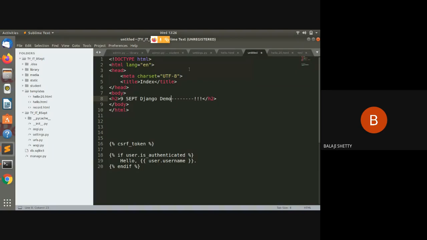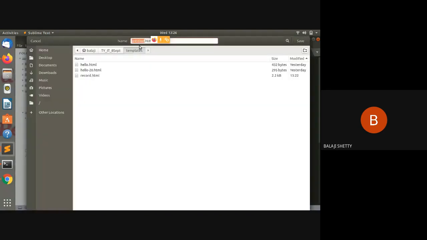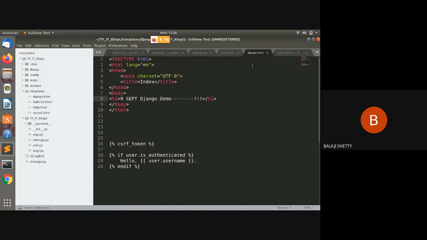Okay, I created a file, and I save it in the templates folder. Suppose I create the file with the name django. Save it. Now django.html is my file name. Now I have to show this 9 September Django demo, whatever the contents of this HTML file, in the browser.